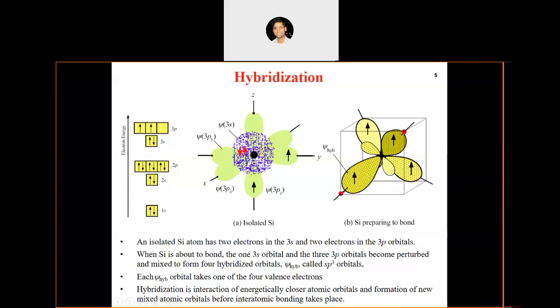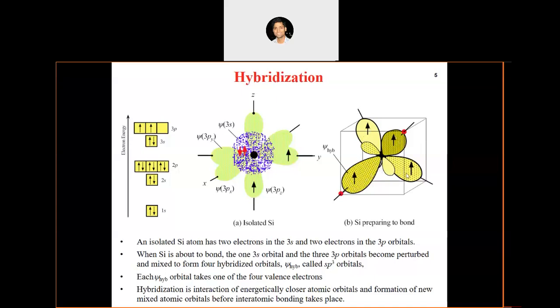You might be remembering that the s orbital looks like a sphere, right? And p orbitals look like balloons, you can say, right? And then when you mix the 3s and 3p orbitals, the resulting four orbitals are formed, and you have an unsymmetric balloon, like one balloon is bigger and one is smaller. There is some name for this shape, I don't remember that name, but this is how it starts looking once the hybridization has happened. Basically these four hybrid orbitals are formed, and now